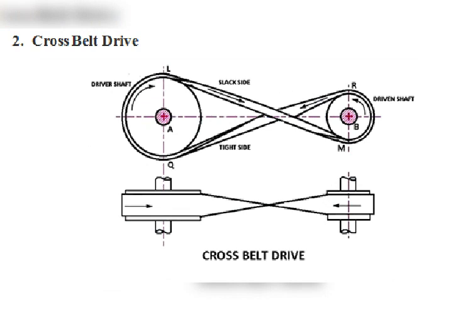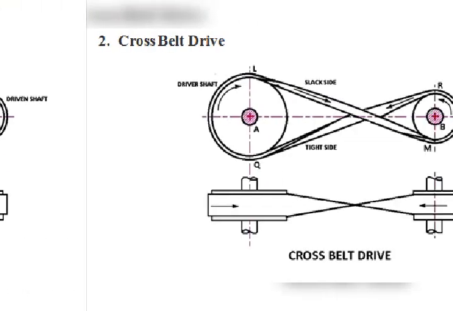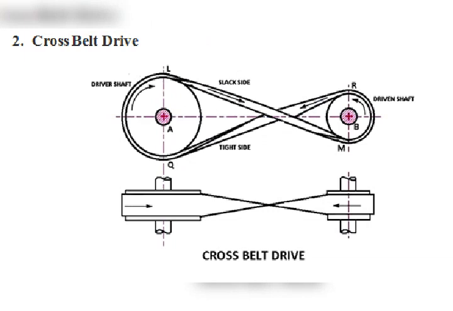Next one is the cross belt drive. In this sketch, the only difference is that here also we transmit power between parallel shafts only, but it is clear that the directions of rotation are opposite to each other. Suppose the driver pulley is rotating in the clockwise direction, then the driven is rotating counterclockwise. And here one more disadvantage is the chance of rubbing between the edges of the belts. That is very important. In this type of belt drive, the belt is employed when two parallel shafts have to rotate in the opposite direction.